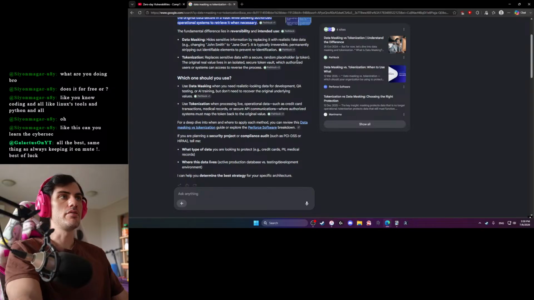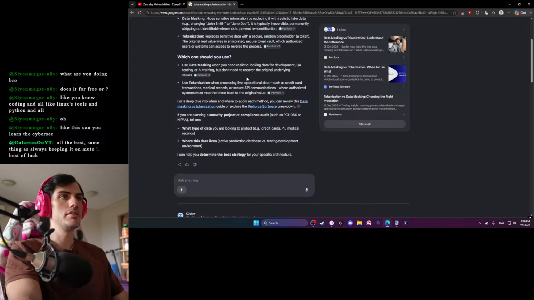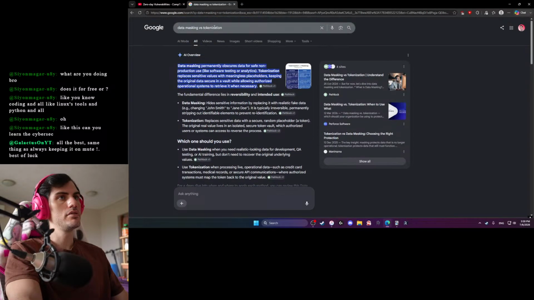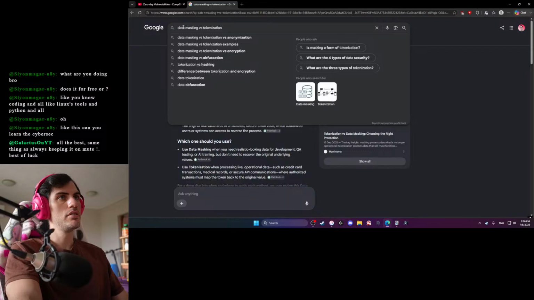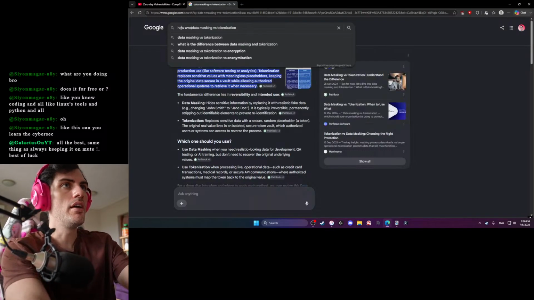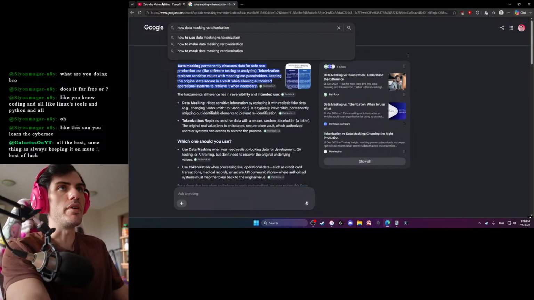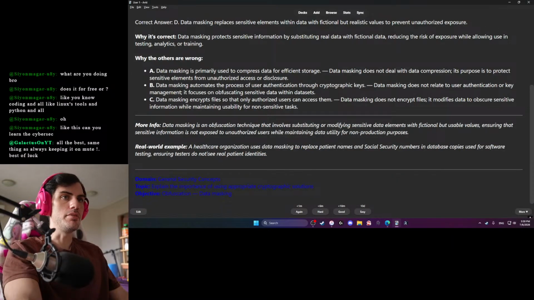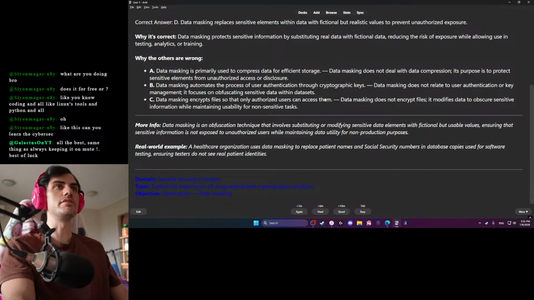Sensitive secure random placeholder. Right. Oh, what? Example here. Ah. Right. It's just for testing.